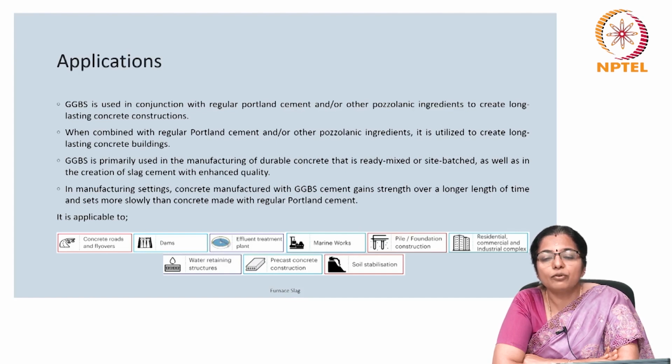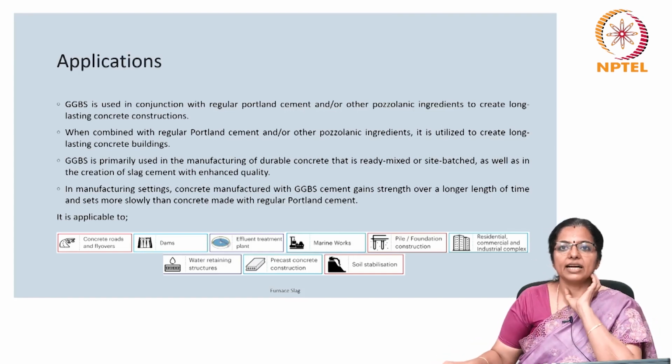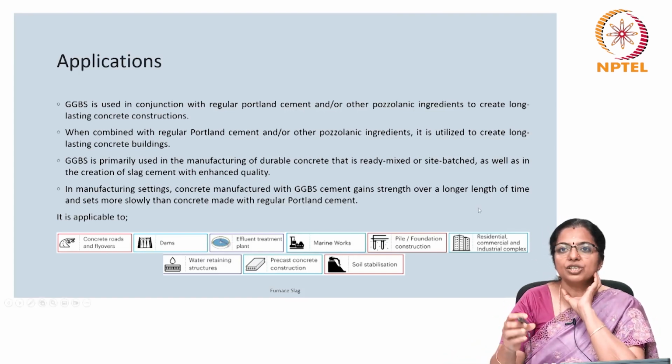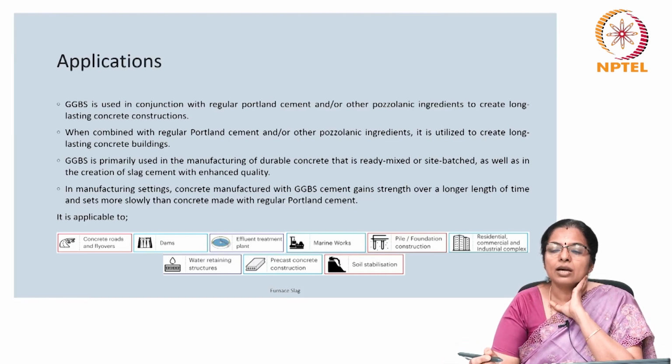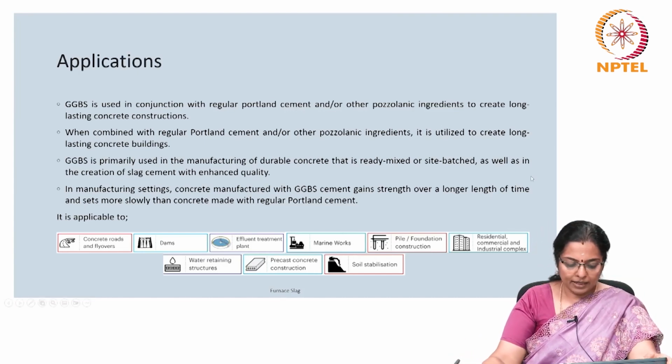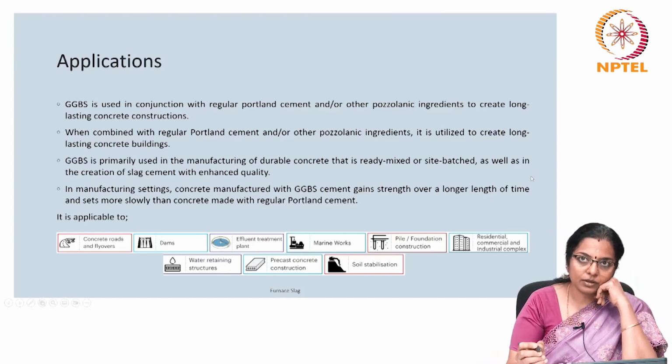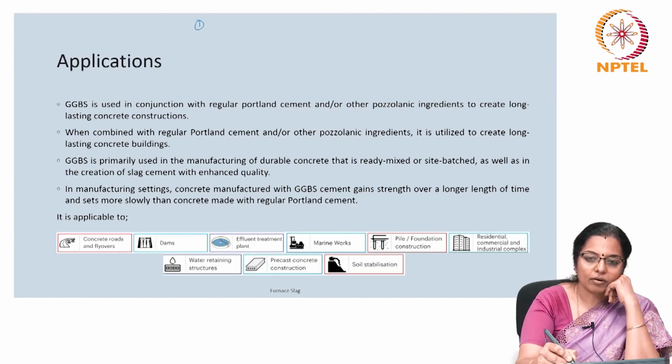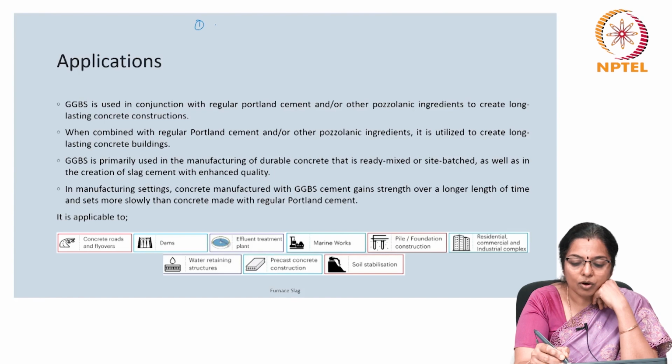effluent treatment plants, marine work, pile foundation work, water retaining structures, commercial and residential construction, precast concrete construction, soil stabilization, and various other construction projects. So, we can apply ground granulated blast furnace slag in concrete roads,